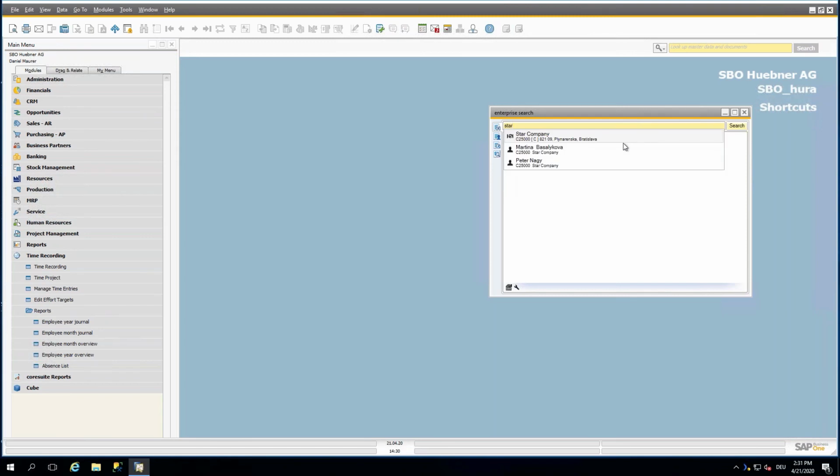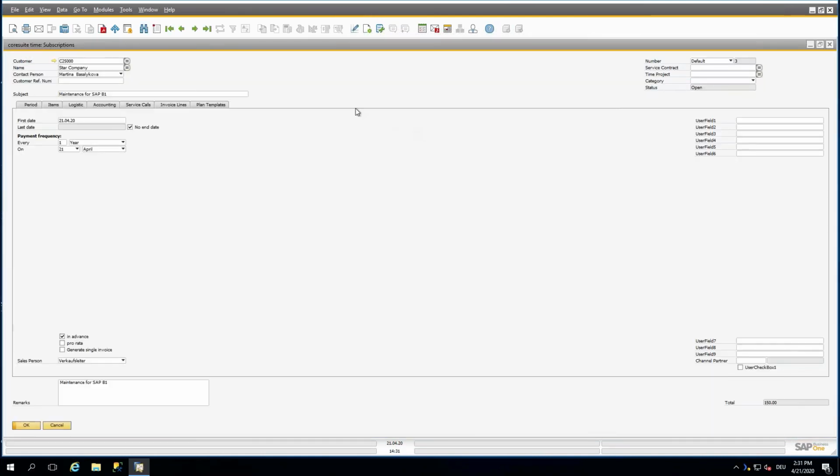Star Company is our company that we used for the implementation. And you can see here, the last point is subscriptions. I open the subscription, then I quickly guide you through this. So we have the customer, and here is the first tab. When does it start? In this case, from today. There is no end date, because we don't know when, if, hopefully never, the customer will cancel the maintenance,